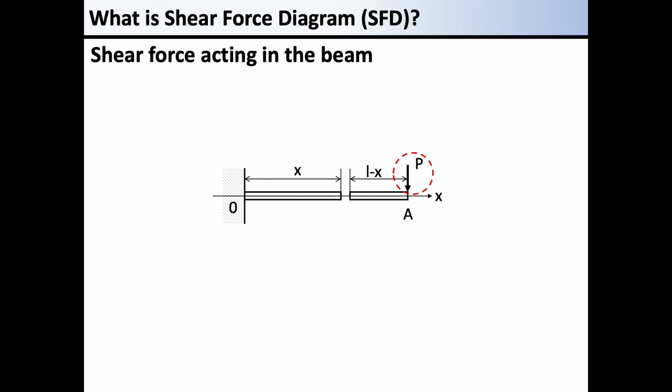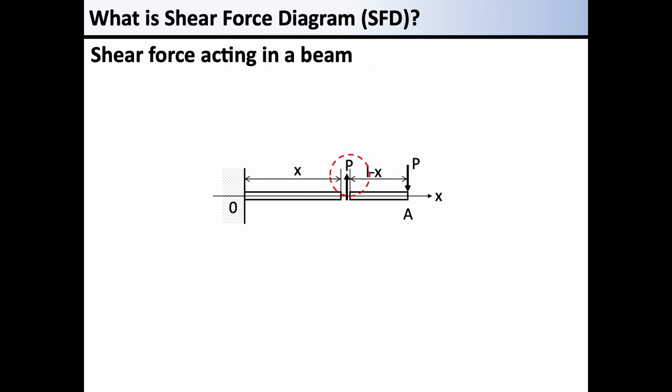Then we get a beam of length L minus x at the end of the beam. On the right tip of the beam, a load P is acting downward. This is the initial understanding of beam analysis. First of all, as the premise, this beam does not move. Without a balance of forces acting on the beam, it starts to move.